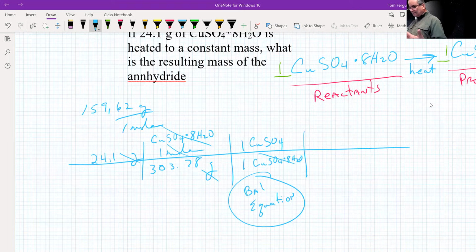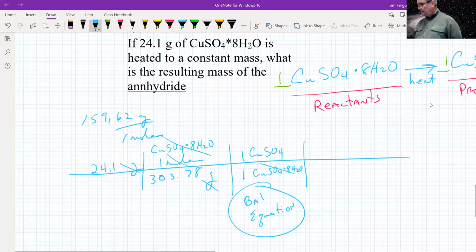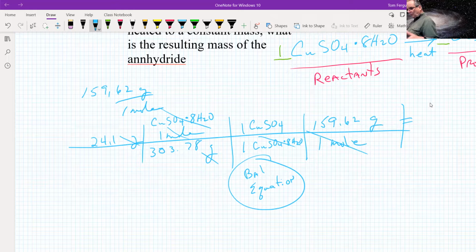All right, and now we have moles of copper sulfate. So what we need to do is use our molar mass. So what do we have left over after everything cancels out? Grams of